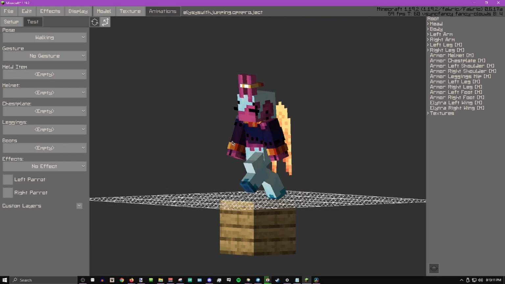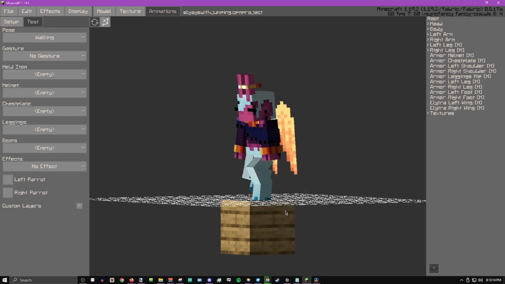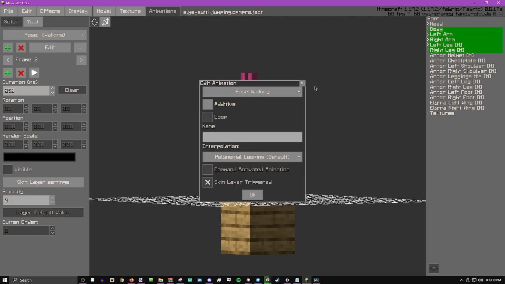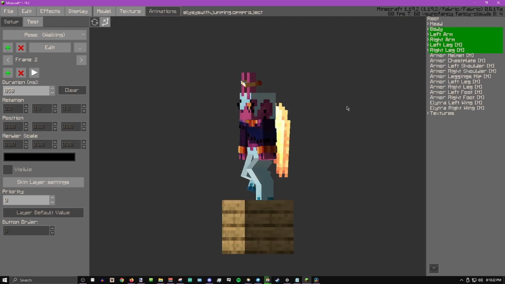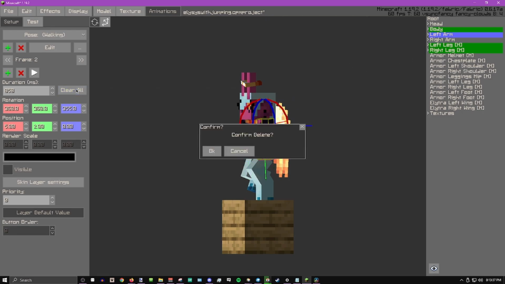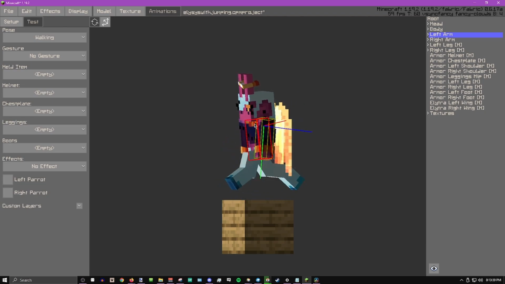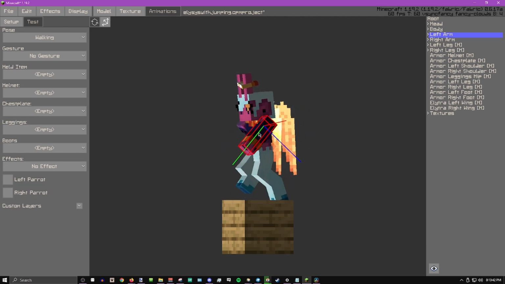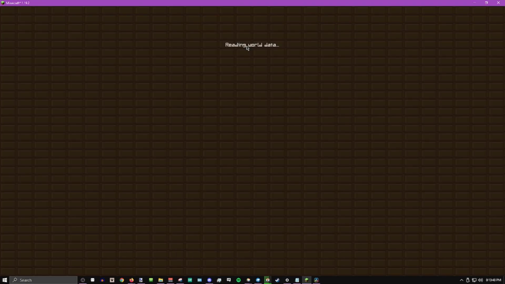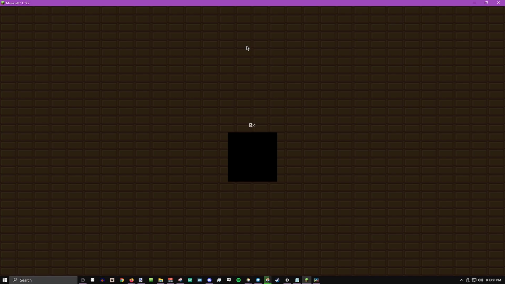So, in the walking animation, you see that these arms are moving in sync with the legs. And this is because, in that particular animation, I made it non-additive. Because I made it non-additive, it is not affected by existing vanilla animations. What this means is I can move the part as I please, without needing to worry about the default Minecraft animations playing. If I were to get rid of these, I hit Control, I hit Clear All to remove the part's movement from the animation. You can see that it's not in sync because this is mimicking the traditional Minecraft walking animation you would get. So if I were to open up a world and test that right now,